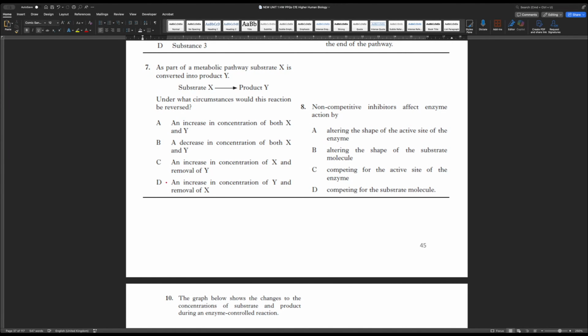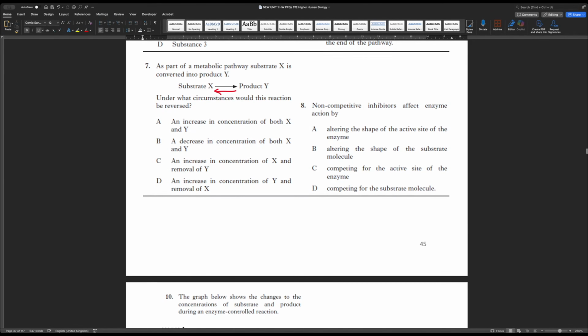So it's going to be that last one there, because if we have too much product, we would want to be reversing this reaction to get some more of the substrate. So it's going to be D for this one. Number 8,